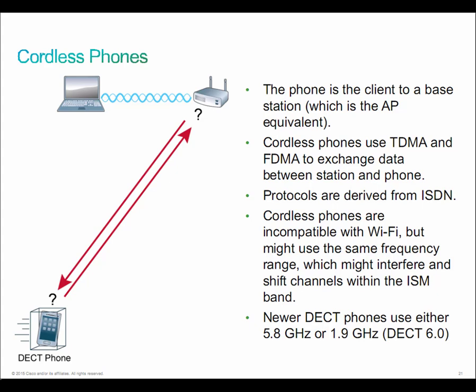Now, we mentioned cordless phones in this case. The reason we mentioned cordless phones is because of the frequencies that they operate in. 900 megahertz, which happens to be the first band within the ISM spectrum. 1800 to 1900 megahertz, which doesn't really affect us too much. But then we get to 2.4 gigahertz phones and the 5 gigahertz phones. Well, obviously, those phones are going to cause